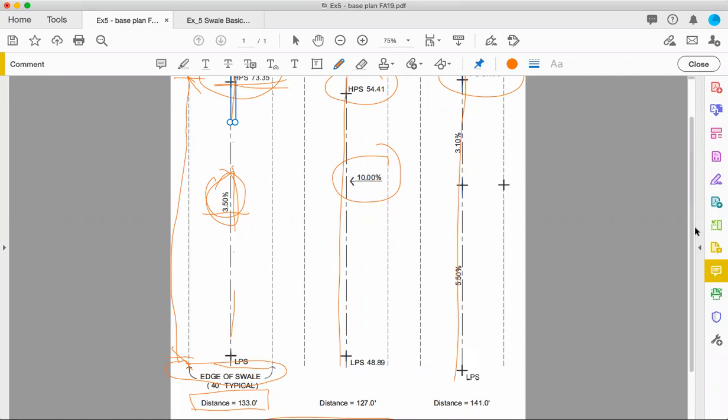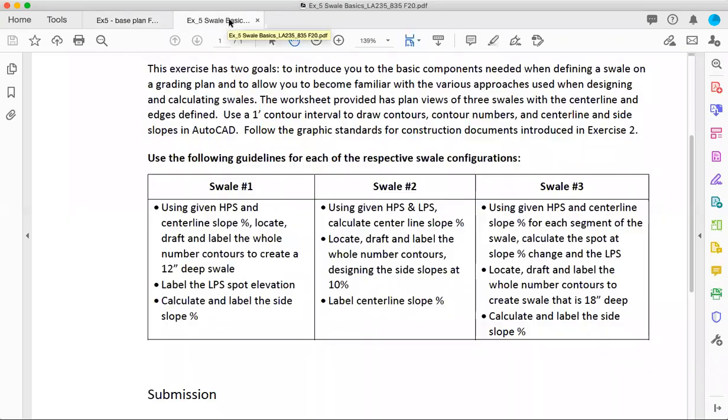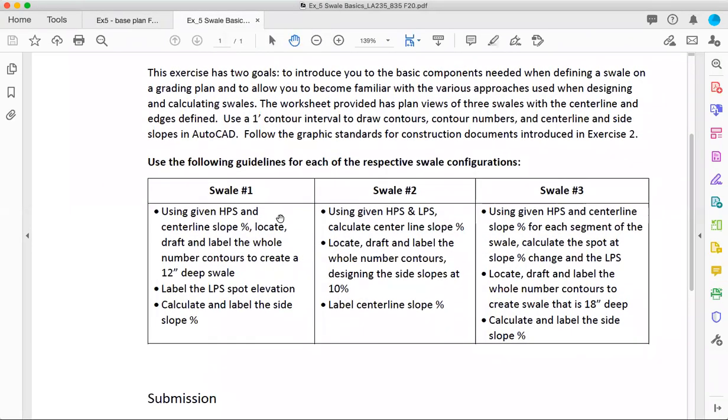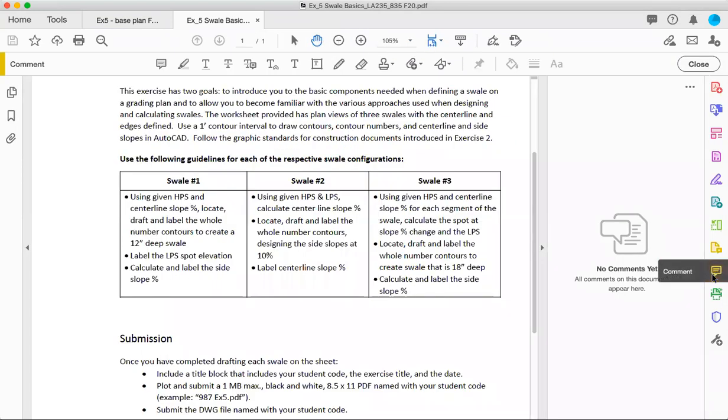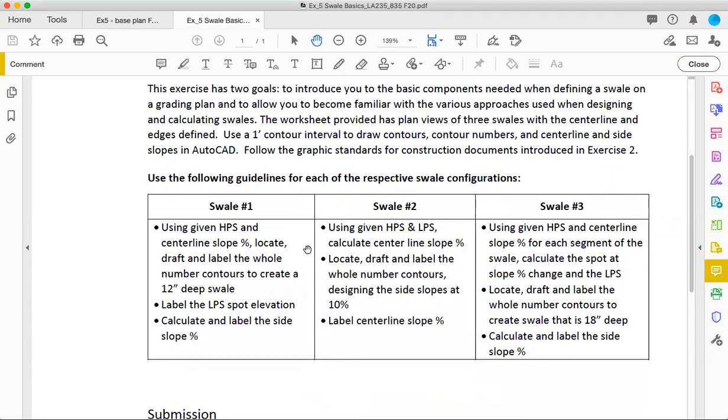Because now what we have is not whole numbers along the center line anymore, right? We have an HPS of 73.35. The first step is using the slopes. So the steps are to locate, draft and label whole number contours, which is a little more complicated than